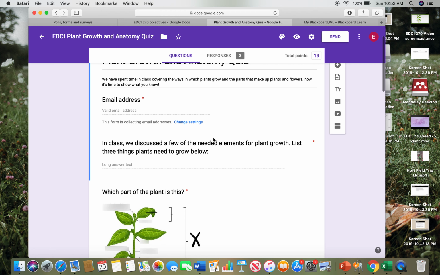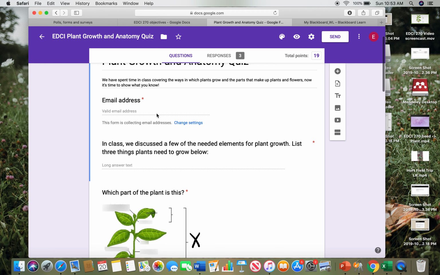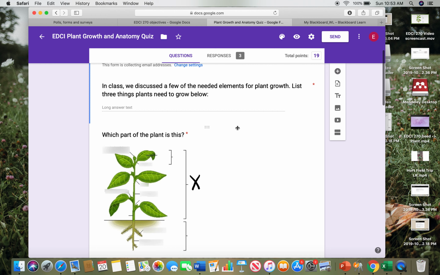So when a student sees this, they will first enter their email address so that it's able to recognize who is taking the test, as well as send their feedback back after they have completed the quiz. Then there's a few questions. I addressed my objectives to recognize if the students know the elements needed for plant growth by asking that they list 3 things plants need